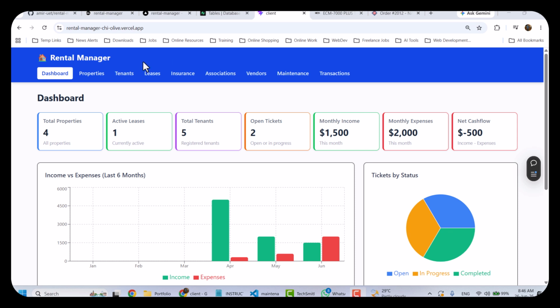Hello, Amir here. So I have developed this rental manager web app. It has certain cool features. It has a very meaningful dashboard that gives some quick information and insights into